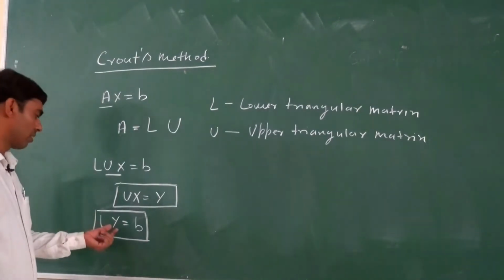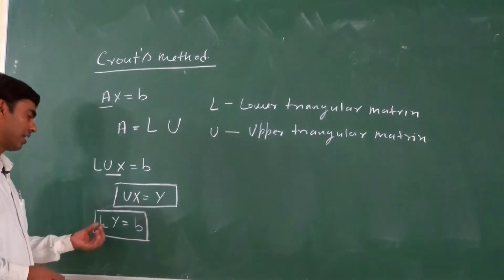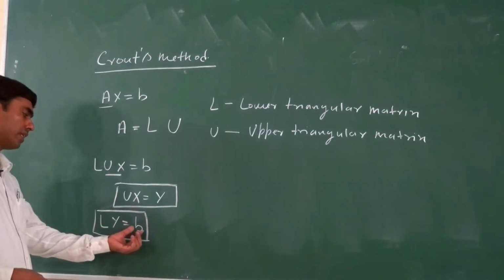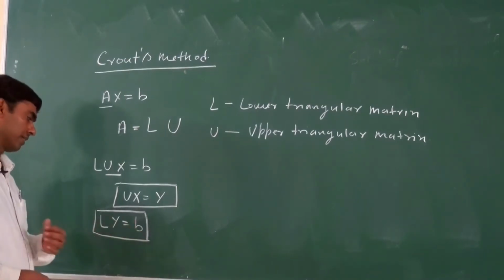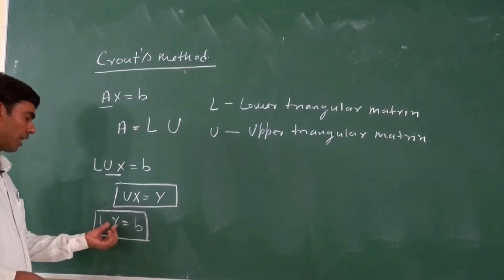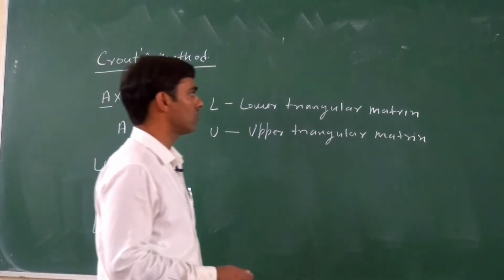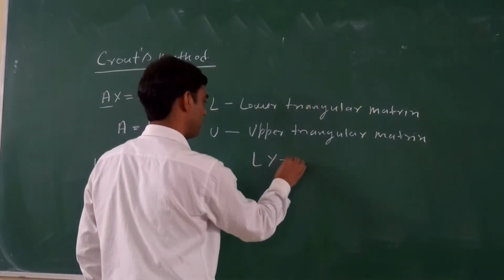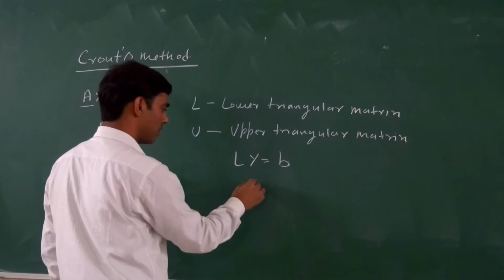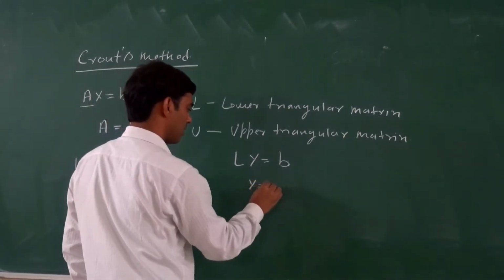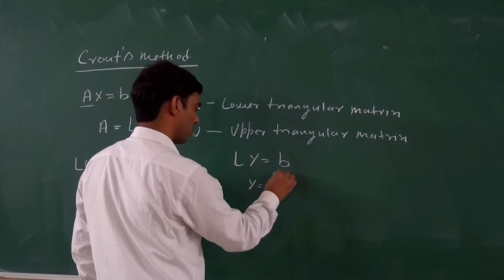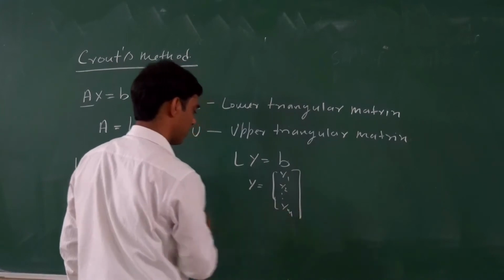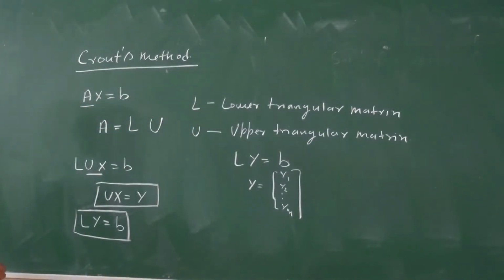And here y is a what? y is a column vector having elements equal to the number of elements in the V vector. So first of all we solve Ly equal V. Once we solve Ly equal V, then we find the value of y: y1, y2 up to yn. Suppose this is the vector. We solve Ly equal to V.